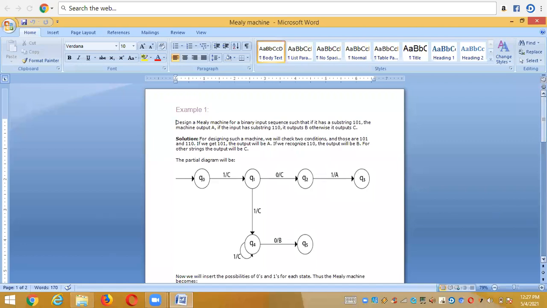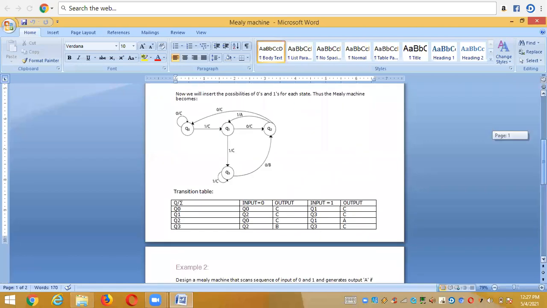From this Mealy machine diagram representation, this is the transition table. What the transition table means: here I'm having q0, q1, q2, q3 as the states, and the inputs are 0 and 1. Along with the inputs I need to define lambda dash, which means the output. So q0 with 0 is q0 and the output is C. Q1 with 0 is Q2 and the output is C. Q2 with 0 is Q0 and the output is C. Q3 with 0 is Q2 and the output is C. Same with 1. You need to check it like that and draw the transition table like this. Is it clear?